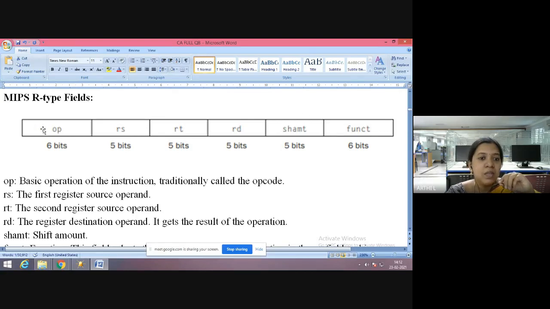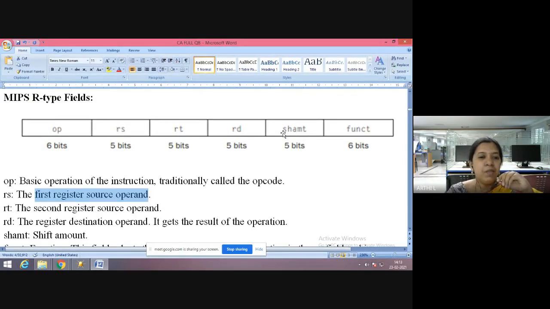Okay, so the first field is OP, the opcode field. RS is the first source operand. RT means the second source operand. RD means the destination register. And SHAMT is the shift amount.